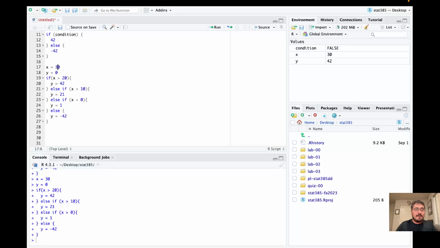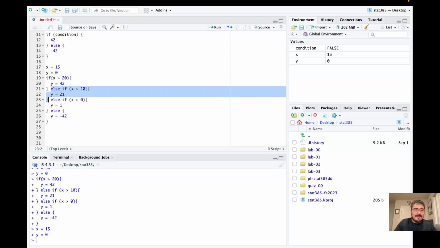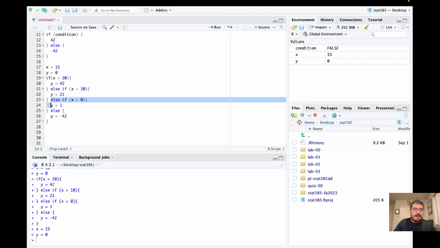So now let's get an in-between case. X is 15. So what's going to happen? So let's walk through it again. Okay, so x greater than 20? No. X greater than 10? Yes. So then y should be 21. X greater than 0? Coming down the chain? Yes. 15 is greater than 0. So